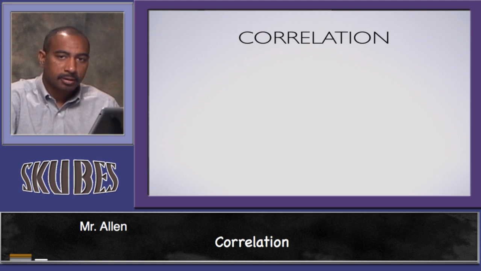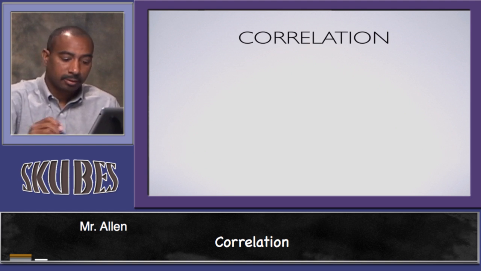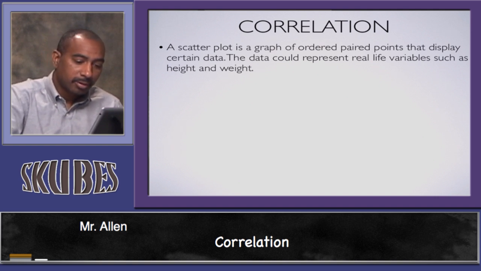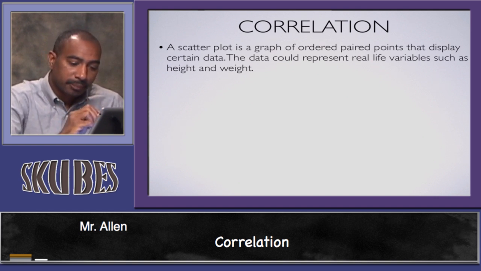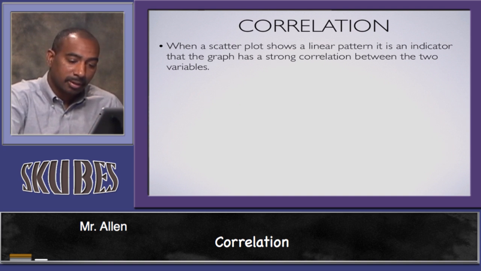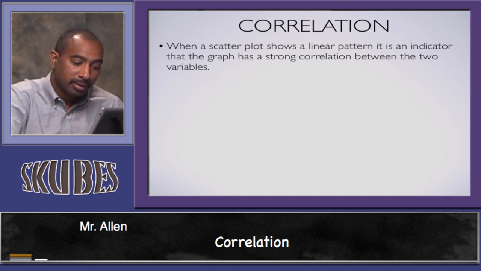Our today's lesson is on the topic of correlation. A scatter plot is a graph of ordered pair points that display certain data. The data could represent real-life variables such as height and weight. When a scatter plot shows a linear pattern, it is an indicator that the graph has a strong correlation between the two variables. For example,